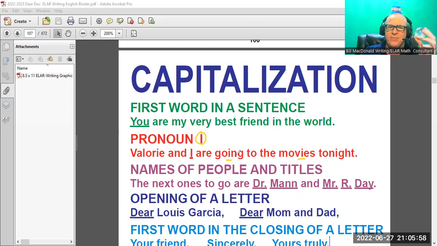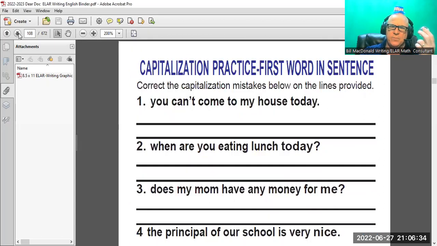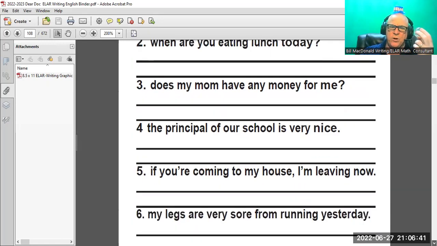What you're going to like about every single one of these rules is that if you don't have something to practice them once you talk about it with your kids, you can use my pages, because I have one page dedicated to each one of these colors right after this page in the binder. Let's take a look so you can see what I'm talking about. If you're the teacher who says, I really believe in starting with a whole sentence, then great. You're going to go to the next page and have your kids practice capitalizing the first word of all of these sentences.